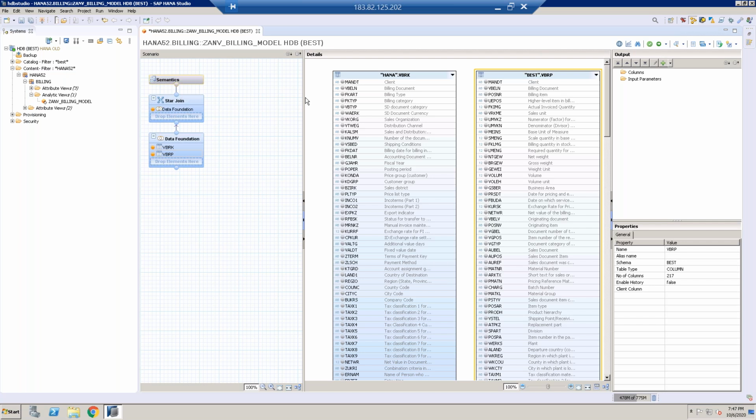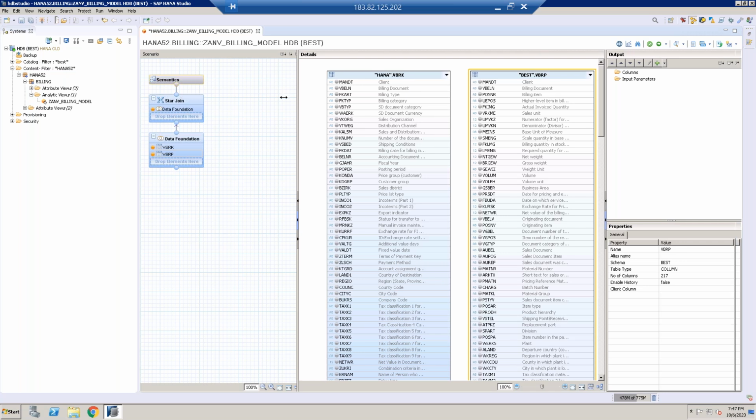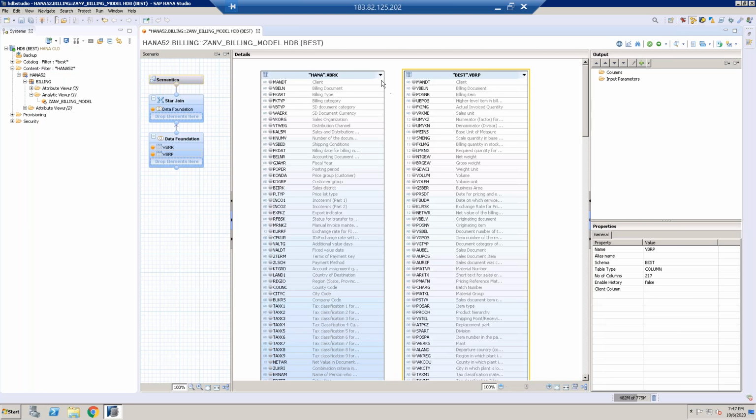Right, now let's join these tables. So now I'm joining the VBRK and VBRP tables. The common column between VBRK and VBRP is client and client billing document number. So always the document number should be the common column. So from VBRK,